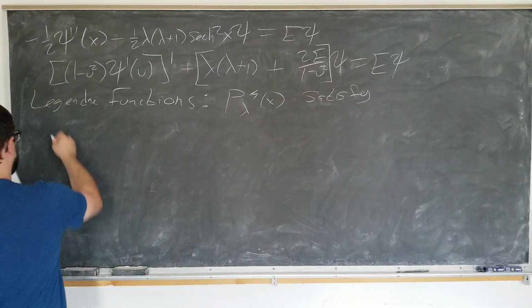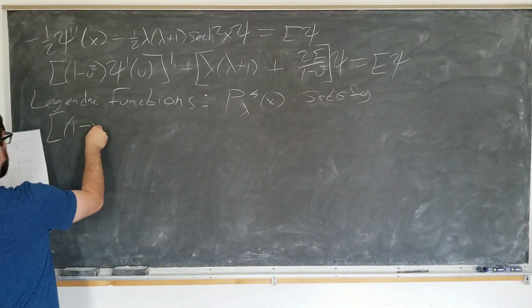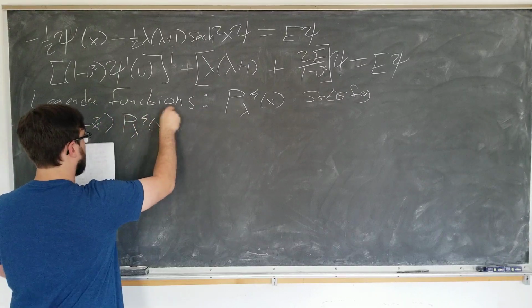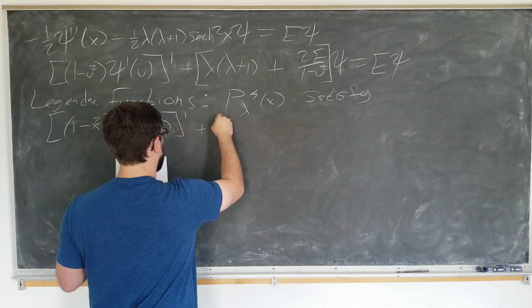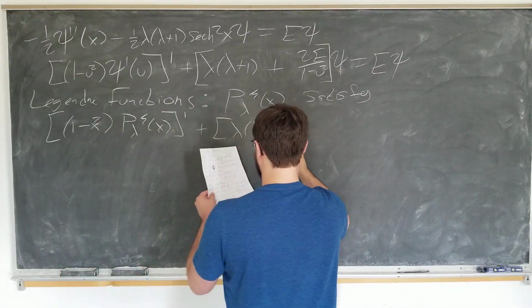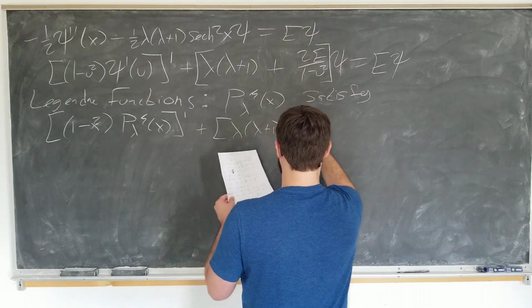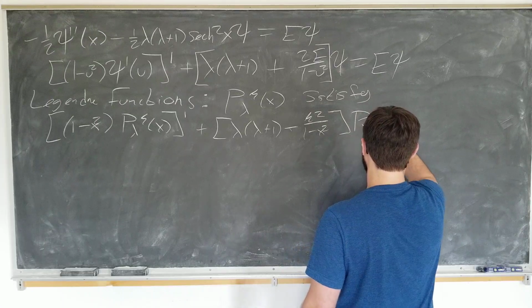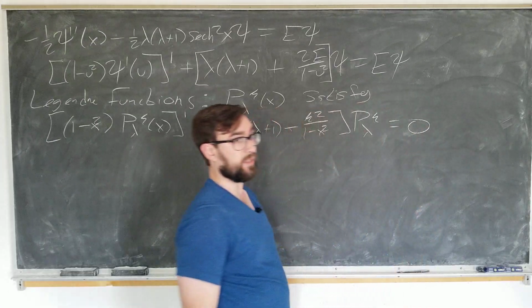They satisfy this one: (1 minus x squared) P lambda mu of x prime, plus lambda times (lambda plus 1) minus mu squared over 1 minus x squared, times P lambda mu, is equal to 0,